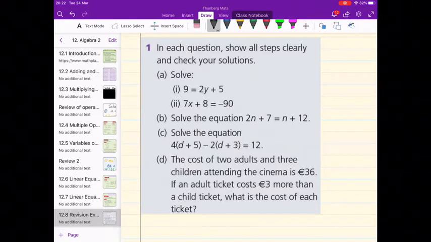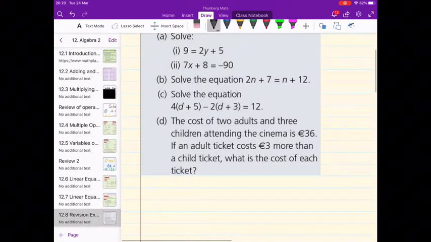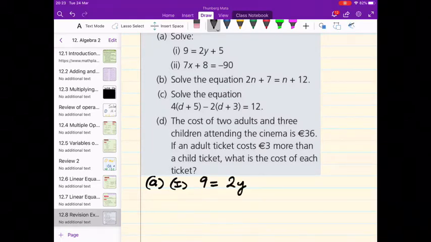In today's video, we're going to look at the revision exercises for Algebra 2. I'm going to give you guys time to attempt each question, pause the video, and then you can watch me solve the question. So the very first one we have is question A1, part A, and part 1 of that